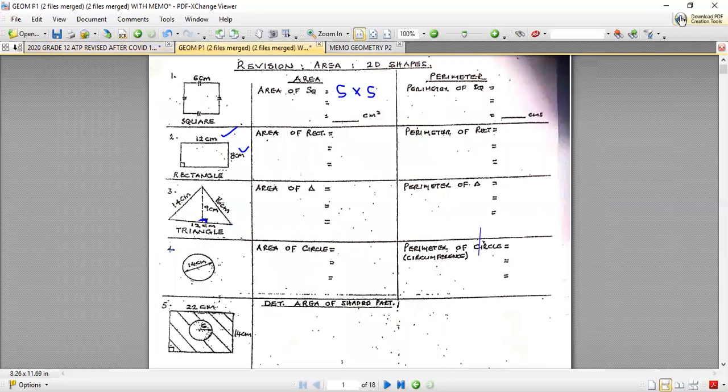If you look at page 1 of your worksheet, it's important for us to revise the basic shapes before we can proceed on to more complex figures and shapes. So let's recall and revise area of 2D shapes. It's 2D because these are our flat shapes that are drawn on a plane. So we have the square,